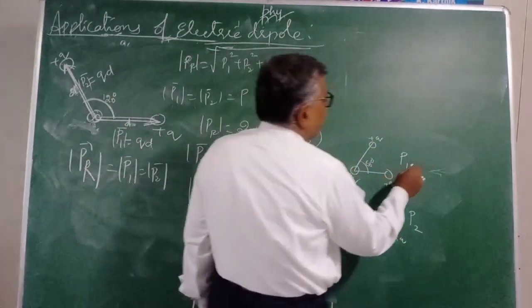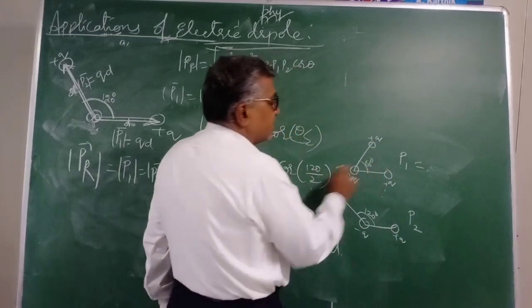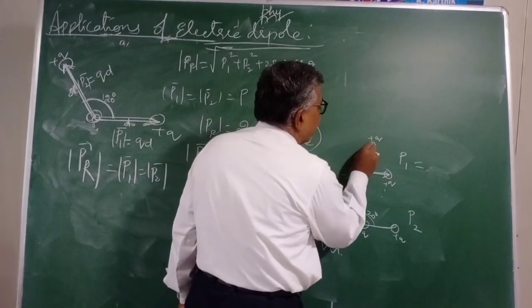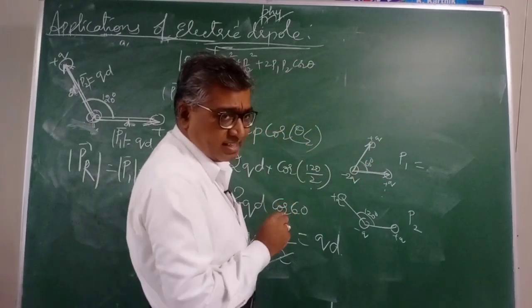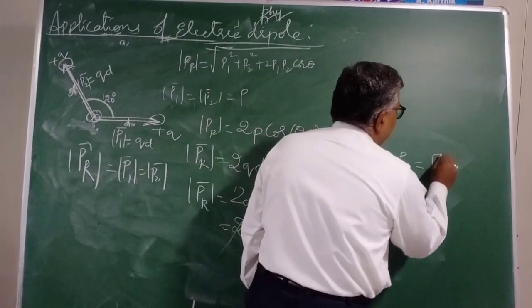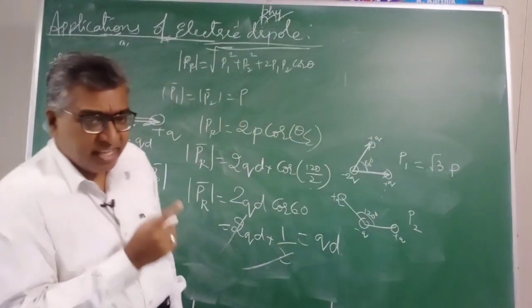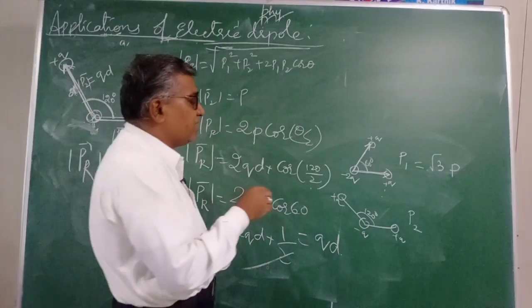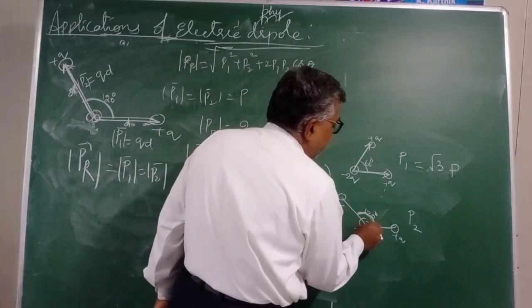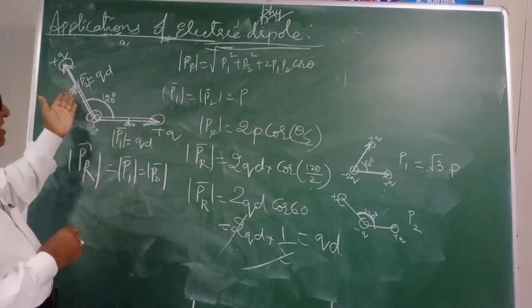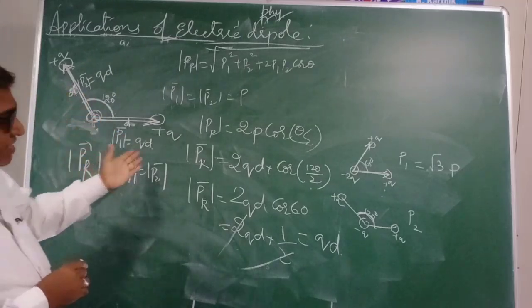We have just now proved, when three charges are arranged on the vertices of an equilateral triangle, considered as two dipoles, one dipole here with 60 degrees, we got the dipole moment as root 3 times P, each dipole moment. Now similarly, when the dipoles are arranged at 120 degrees like this, then the resultant